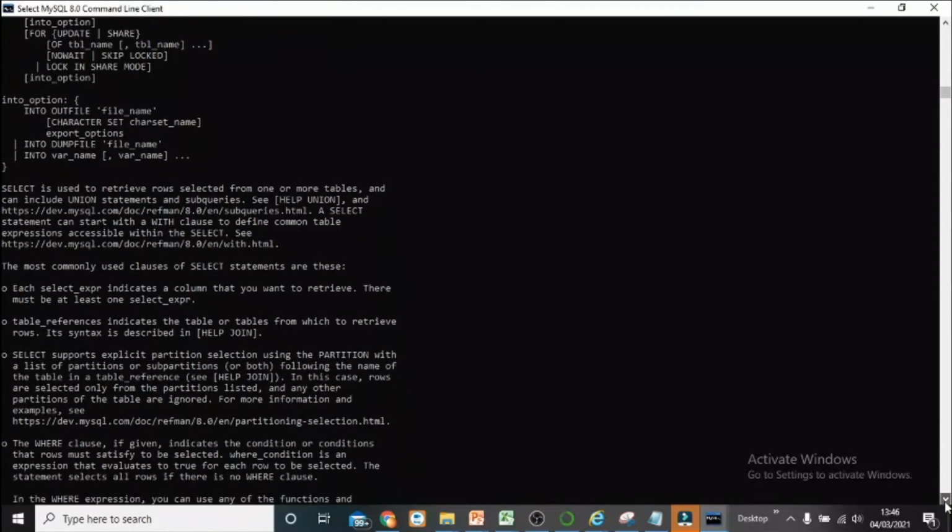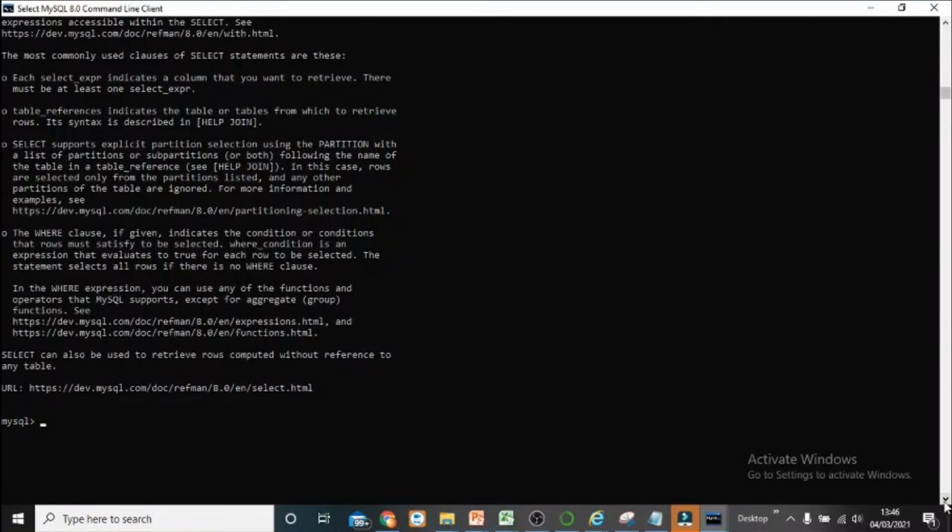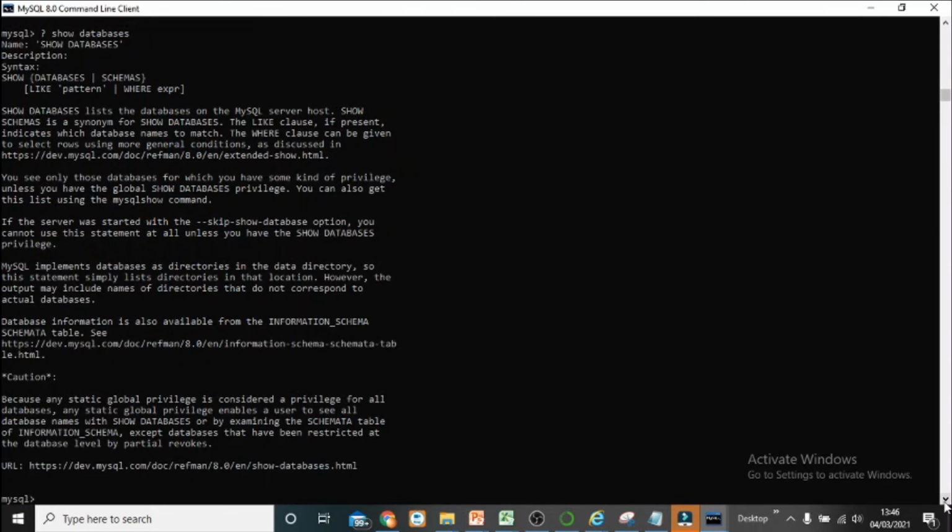Now if you want to search for some specific command, like show databases, and want more help on it, you just need to enter that. As soon as you enter the complete command, the help specific to show databases will be shown.